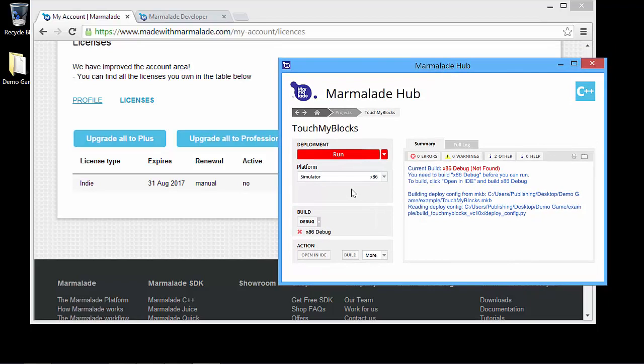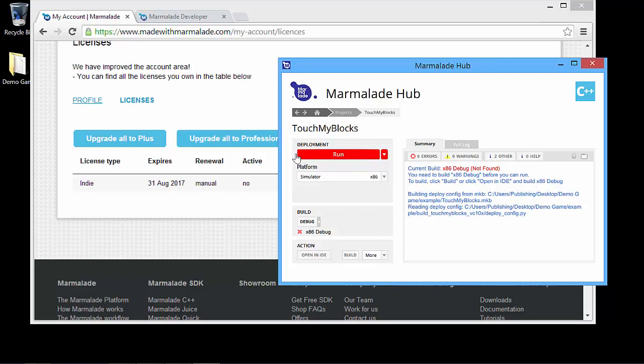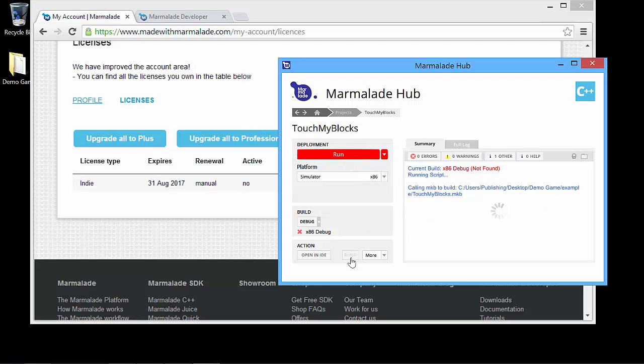The first thing you do before doing anything with the hub is pick the platform you want to build for. Here you can see all the options for the different devices I've currently got configured, but I'm going to use the simulator to start with. If I pick x86 here, you'll see the button is red, which just shows I haven't got a build yet. Hit build. There are logs on the right here that show you everything that's going on